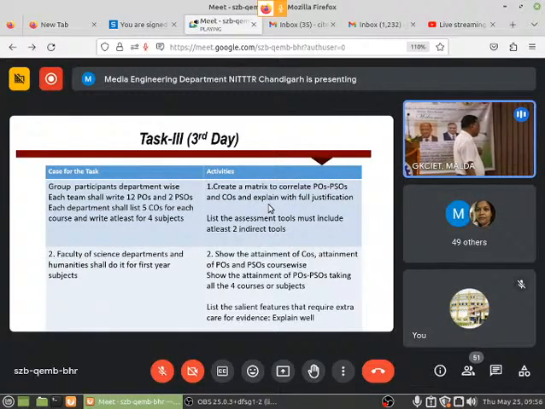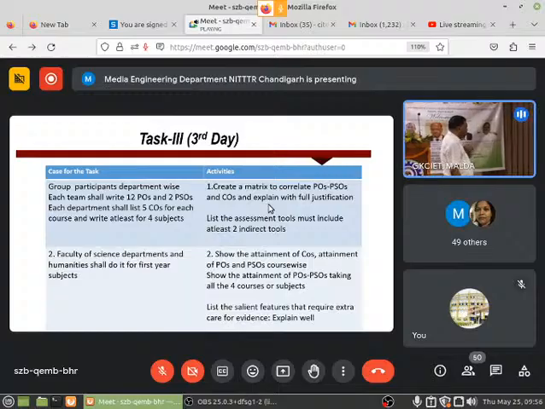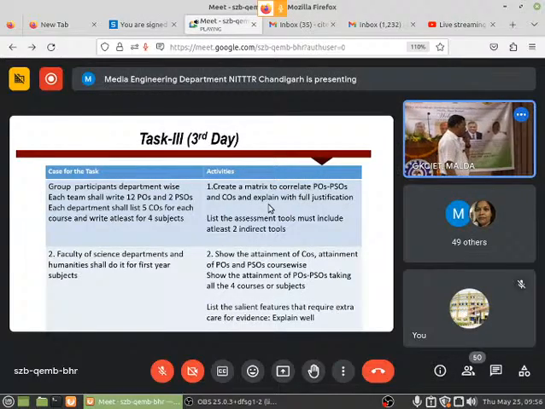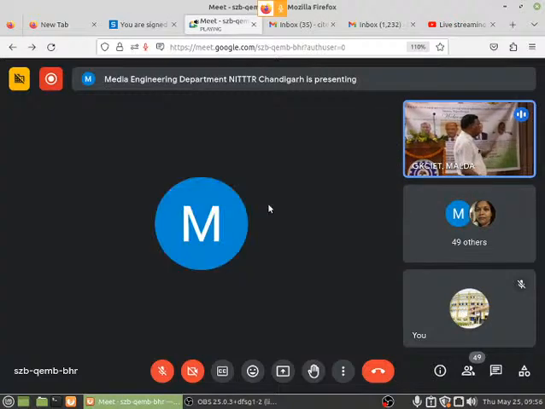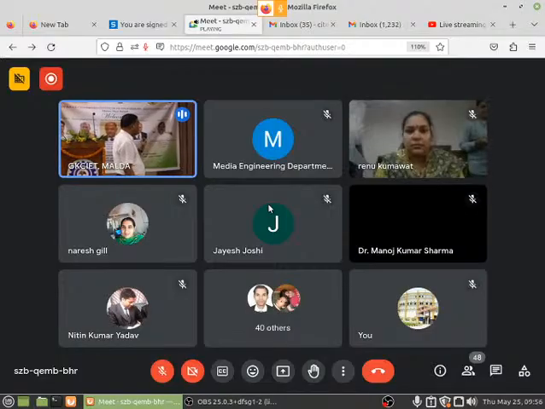So finally, you are basically the experts of the team. The Mumbai Center will act as the visiting team experts, and they will keep their observations ready as if we speak in the exit meeting. So that's the way. It is now for Manipal to start with the PO, PSO correlation and articulation matrix. Your time is a maximum of 20 minutes. You have to finish that in 20 minutes.